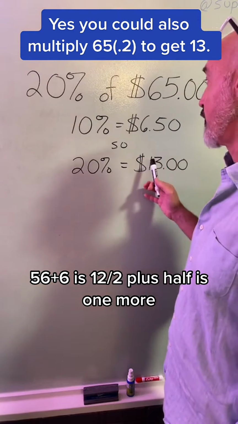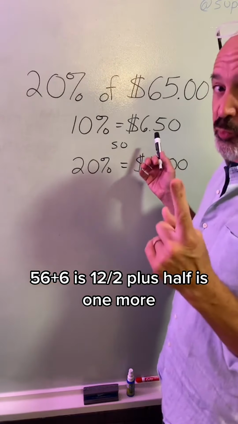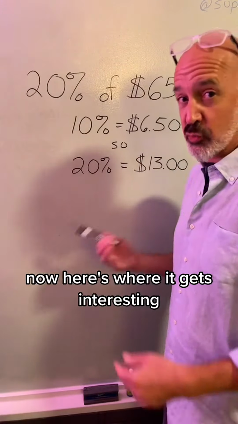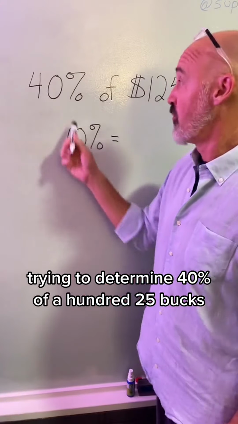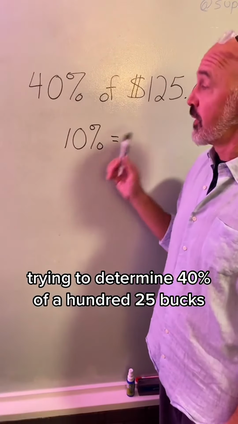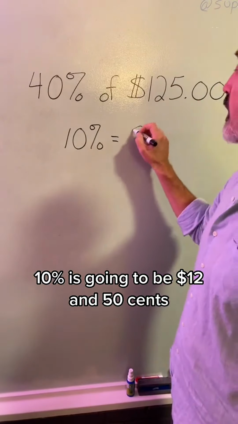6 plus 6 is 12. Half plus half is one more. That's $13. Now here's where it gets interesting. I'm trying to determine 40% of $125. 10% is going to be